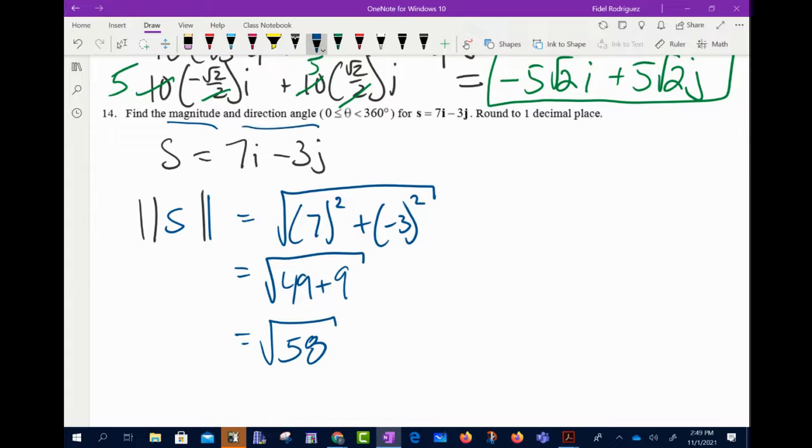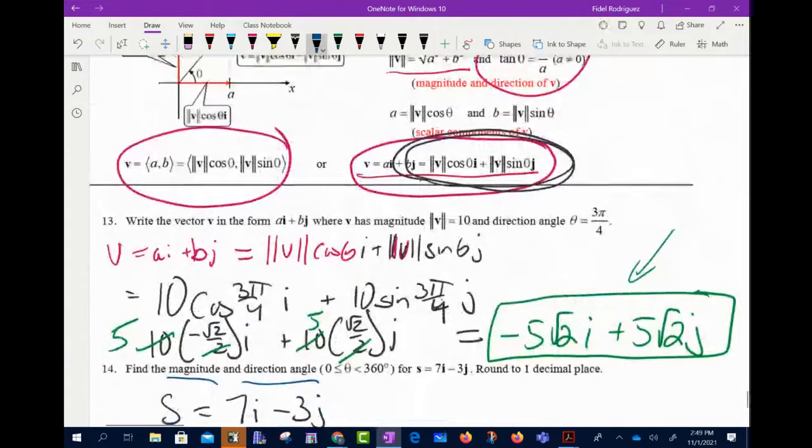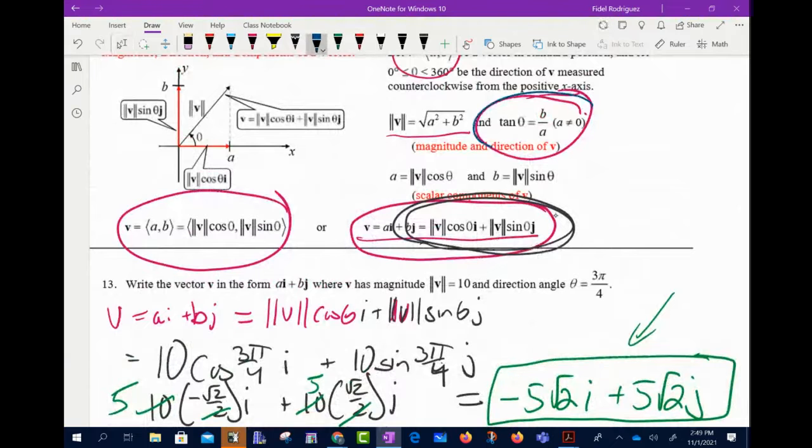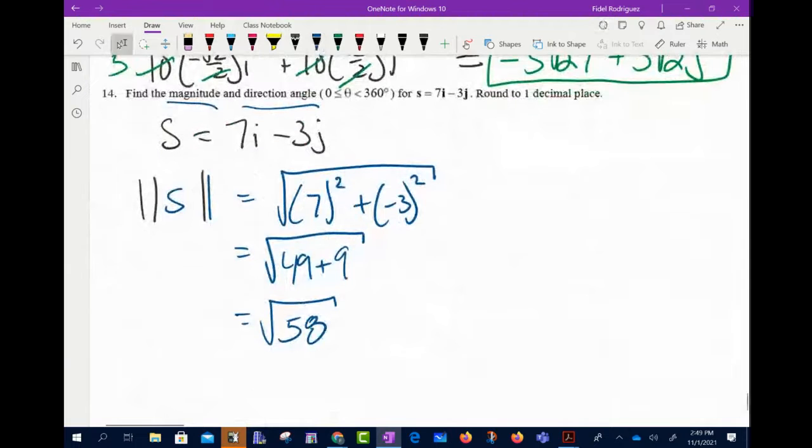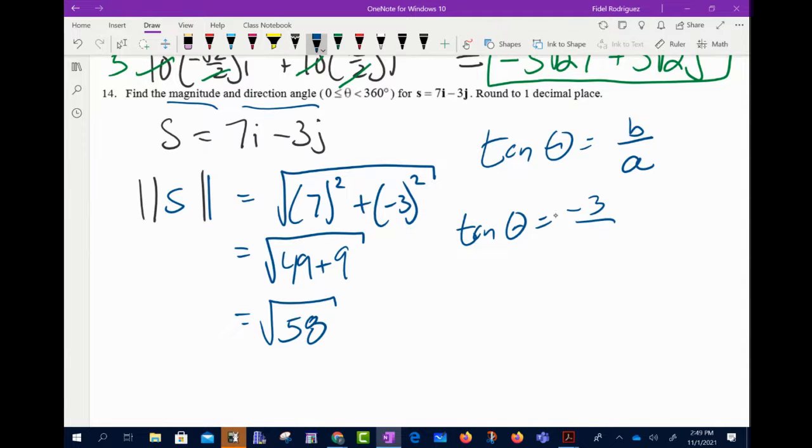We also want to find the direction angle. So let me scroll back up here, y'all, so we can see how we find the direction angle. Look what it tells me. It tells me the tangent of my angle is equal to b divided by a. So the tangent of our angle is equal to the b value divided by the a value. B would be what number? Negative 3, right? Good, negative 3. And a would be 7. So in order to find theta, we're going to take the tangent inverse of